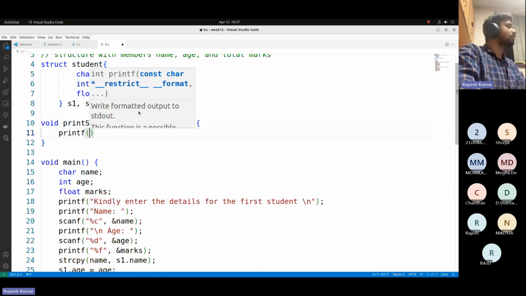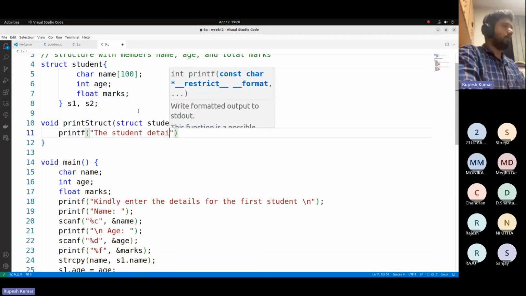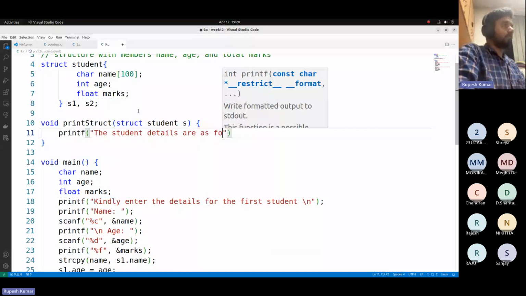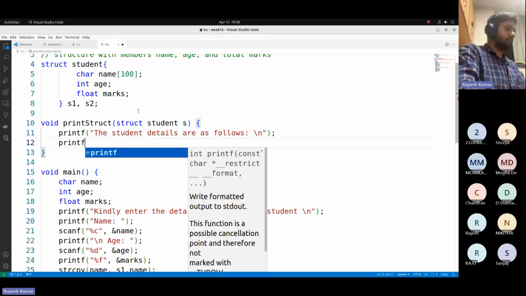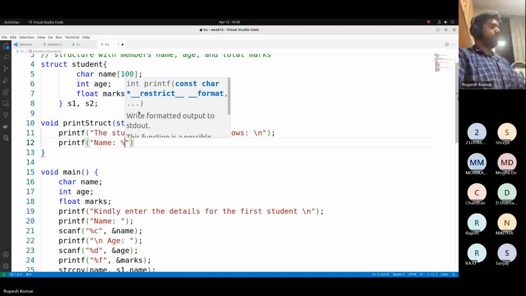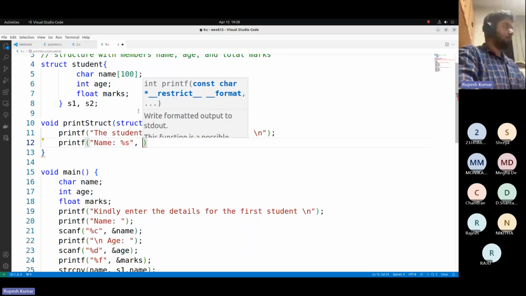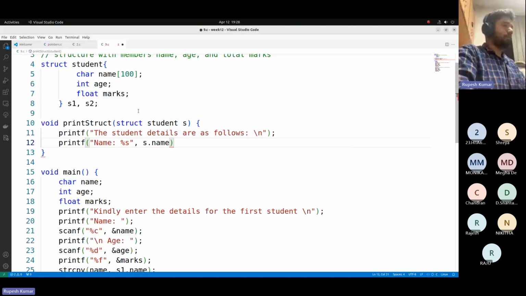Tab. The student details are as follows \n, and then I will print: name is percentage s, and then s.name. Let's print the name, change line,